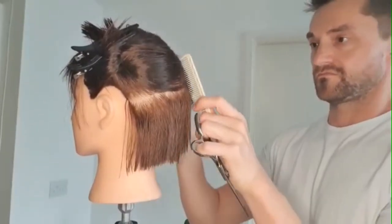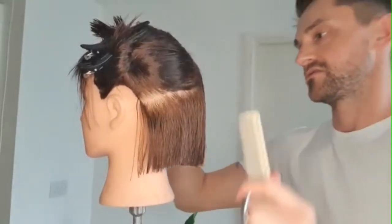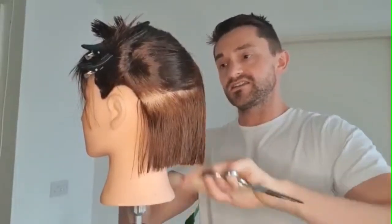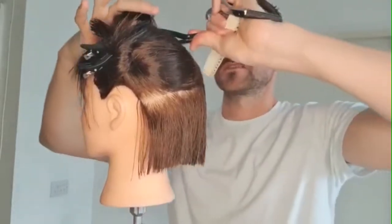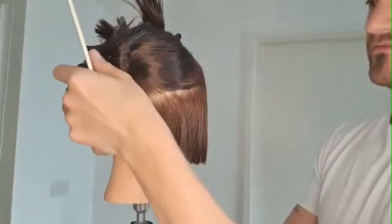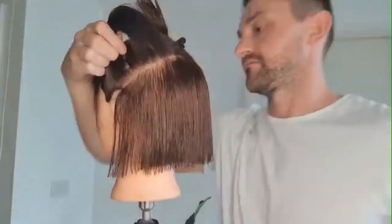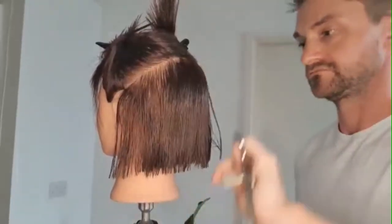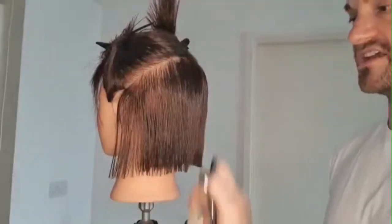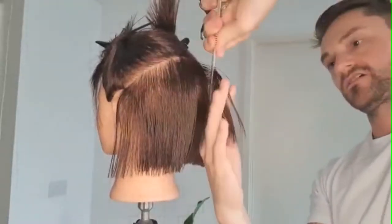I'm going to then continue working up the head. So my sections now, size-wise, will be wider and thicker than they would be if I was doing a one length, where I'm taking much smaller sections. So if you notice here, as I'm coming around to the other side, the kind of size they are. If you have taken your section too wide, you're going to notice this when you try to join your previous section. So if we can see here,